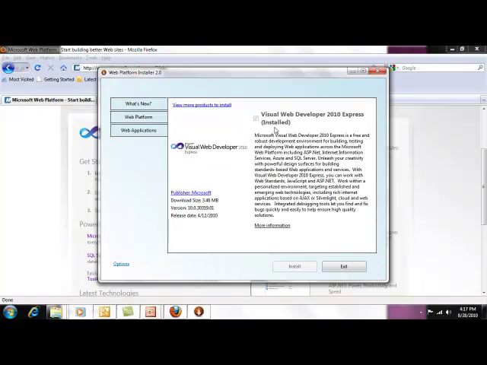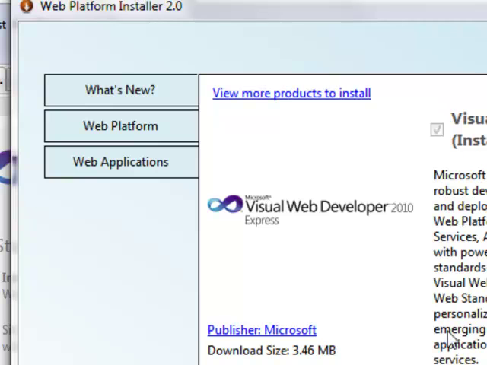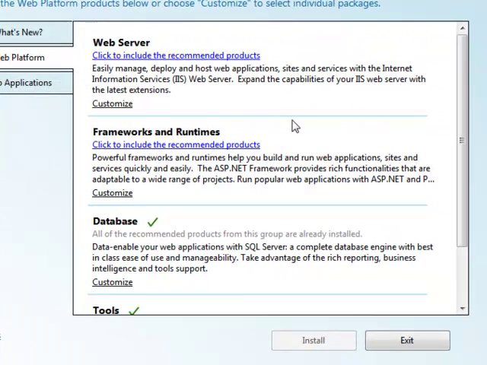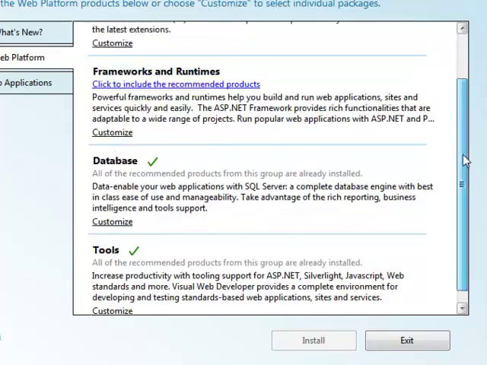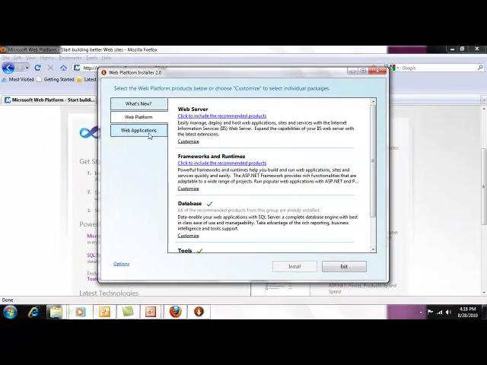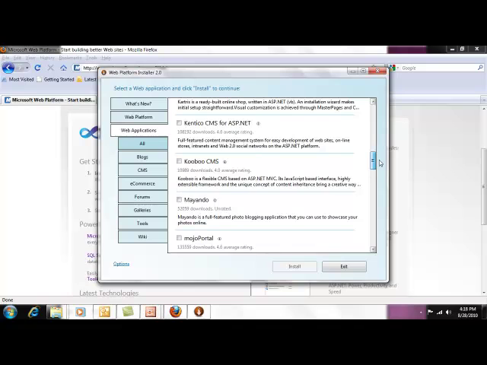When you click on the web platform products, it would ask you to install. I already have this platform installed here. You will have the options for Visual Web Developer 2010 Express Edition. It already tells me that it has installed it, and if not, it would show you a list of products to install. I believe the products that you could install are the SQL database, your web server as an option, and also the ASP.NET. So basically, I believe that it will give you about 3 or 4 choices to install, and